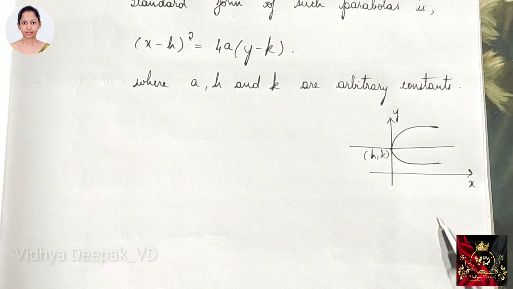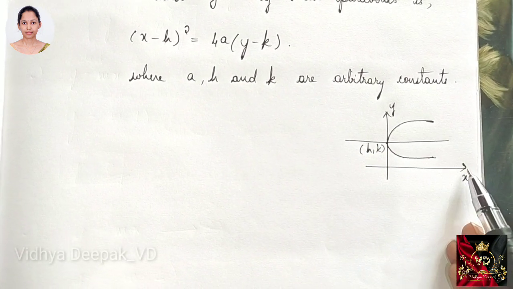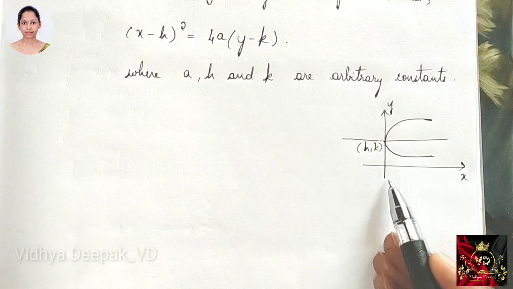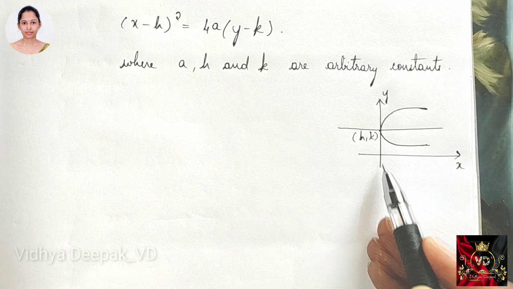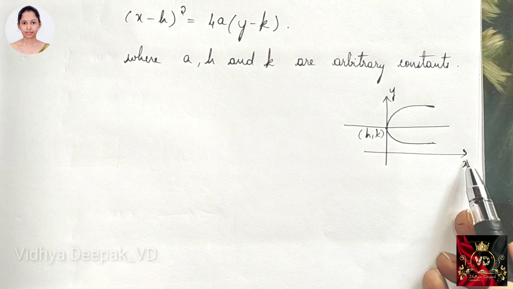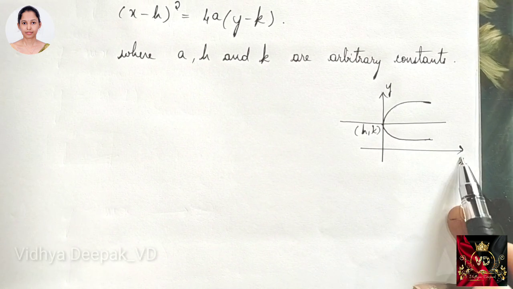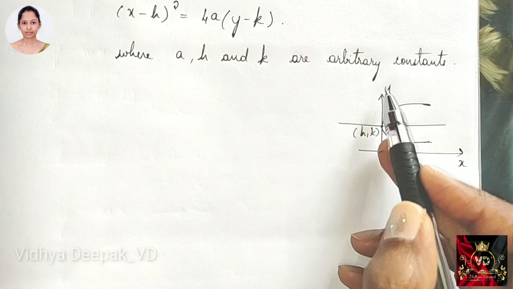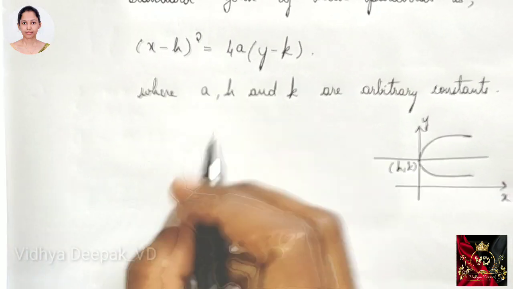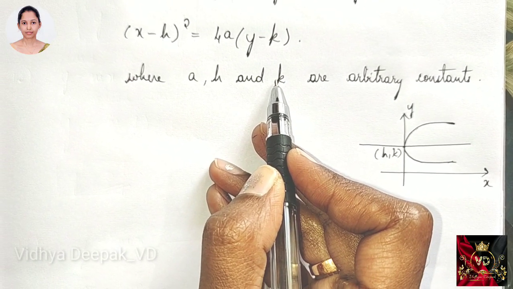We can understand this question better by this graph. So as you can see, this is your y-axis, this is your x-axis. The parabola and its axis is perpendicular to the y-axis, and the axis is parallel to the x-axis. The question can be like that also, okay? So axis is parallel to the x-axis also, same diagram. Axis is perpendicular to the y-axis also, same diagram, okay? So as you can see, you have 3 constants, so you have 3 derivatives, right?